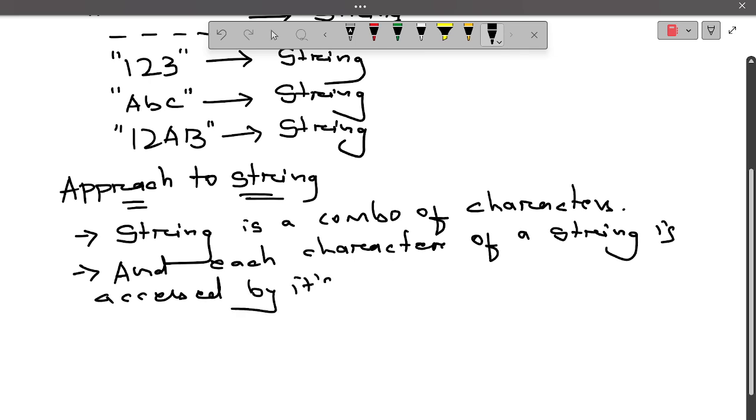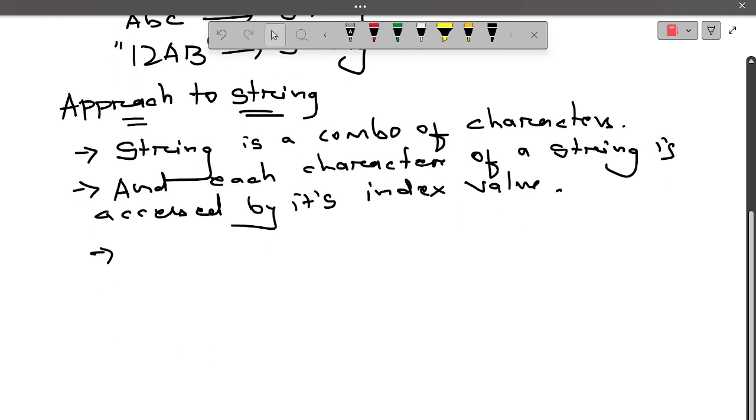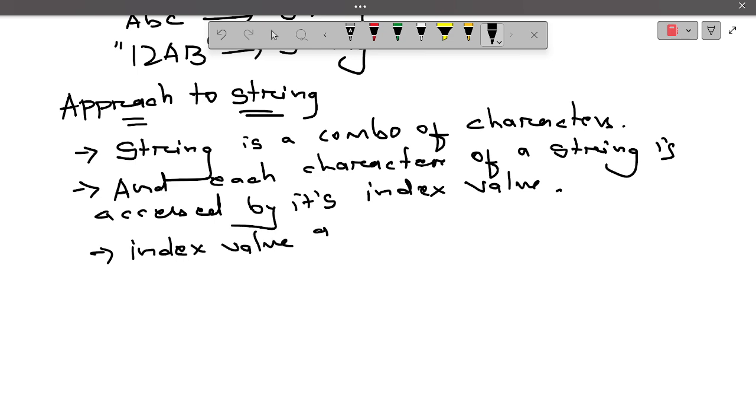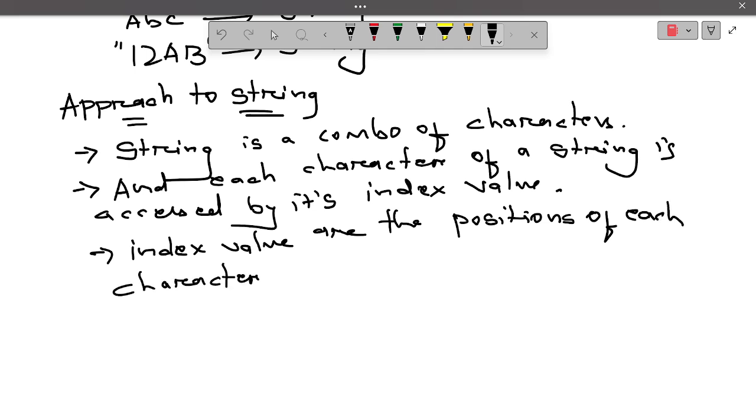Now what is an index value? Index values are nothing but the positions of each character of the string. These are very important things; most of your doubts will get cleared from all these statements. Index values are the positions of each character in a string